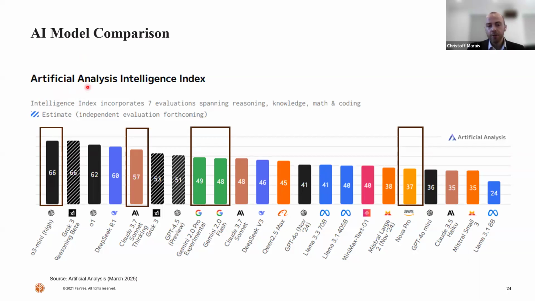That being said, due to the fact that we're going through this extreme exponential investing curve, the positions on these graphs are far from stagnant or stationary. All of these companies invest a lot, and based on releases, you would see maybe a Gemini model being a bit higher up one month, and then a ChatGPT being a bit lower. But one thing that's great for the industry, with so many models currently competing and being trained,